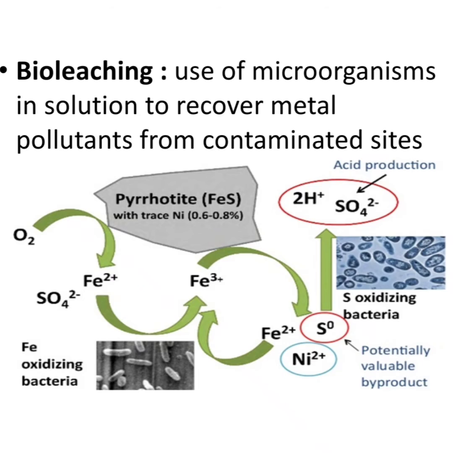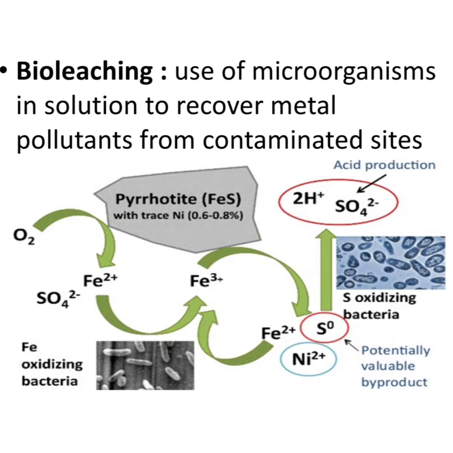What is bioleaching? Use of microorganisms in solution to recover metal pollutants from contaminated sites. Here you can see a pyrrhotite with trace of nickel 0.6 to 0.8% is treated with oxygen by the iron oxidizing bacteria, where the ferric is converted to ferrous and the sulfur is obtained, which is a potentially valuable byproduct. Nickel is also obtained, which is a potentially valuable byproduct. The sulfur obtained by this process is oxidized by the sulfur oxidizing bacteria and acid production occurs in the form